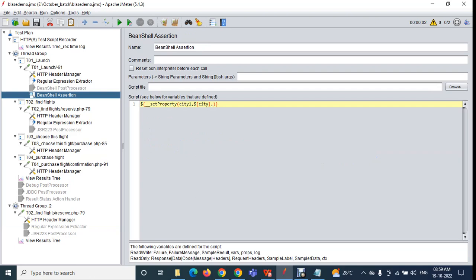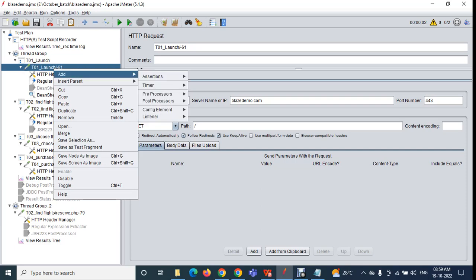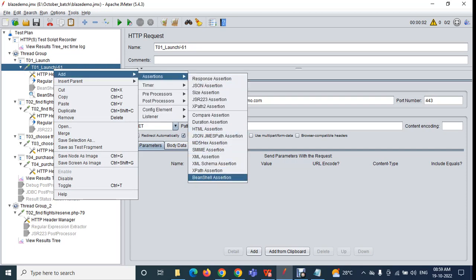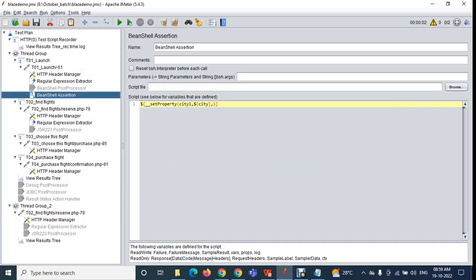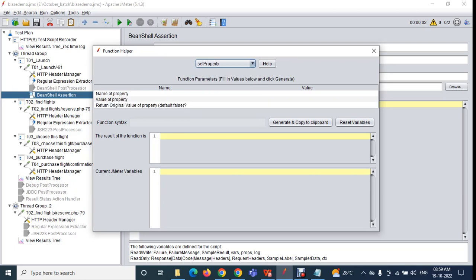To the request where you added the regular expression, to the same request you can right click on it and add the assertion. So we have added the bean shell assertion. I have added the bean shell assertion. So how did we get this? You can go to tools and click on the function helper dialog. Here click on set property. In set property, the name of the property you can give anything, and the value of the property,